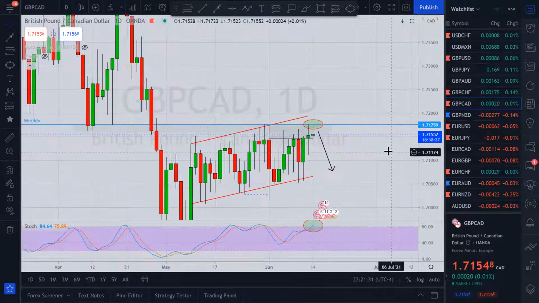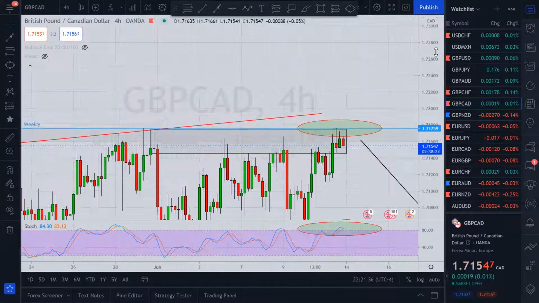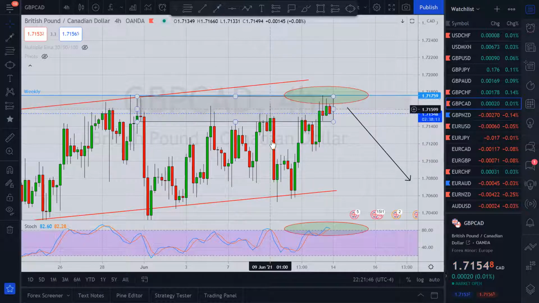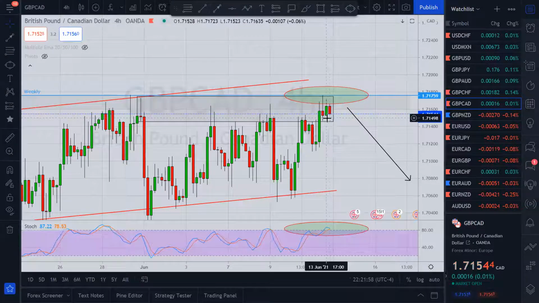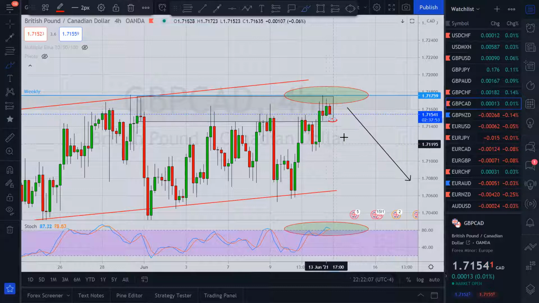top of the channel. Also, if we go to the 4-hour, you can see price action a little bit more clearly there because we have an order block here, an area of supply where price has come to the middle and mitigated a couple of times already. Now we've gone deeper into this zone of supply, and we have rejection wicks and we have a bearish candle. If this bearish candle breaks these lows here, what do you call it? The safe entry is below